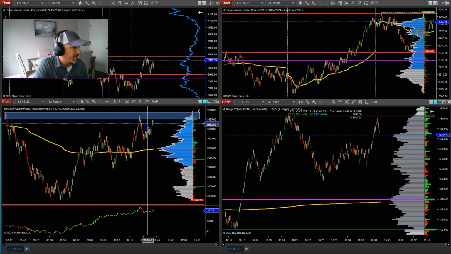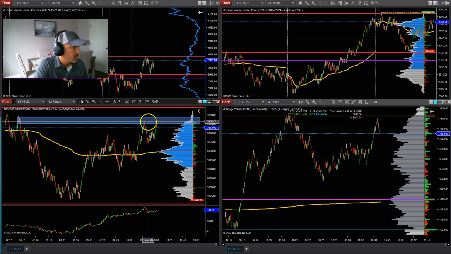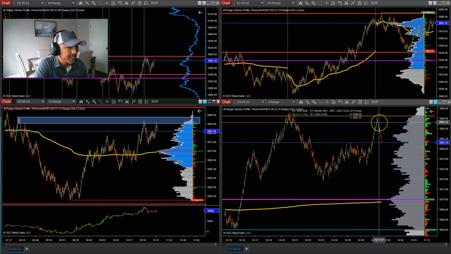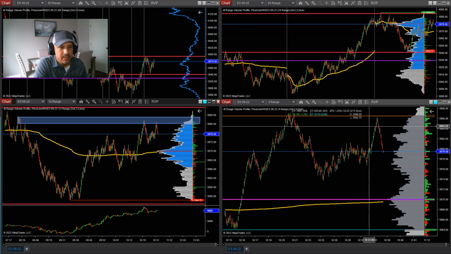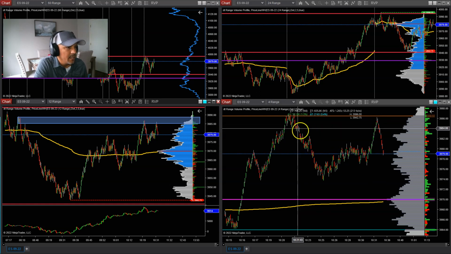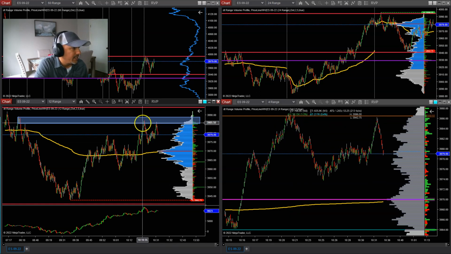All right, so we see price came back up there, the same area, tapping that area again, which was supply, and it rejected from it, okay? You see that? Now, if you're trading the 4-range chart, that would have been your opportunity right there, right here. I just missed that opportunity of the second entry. I didn't get into it because I was responding on Discord, but yes, so we got the break to the